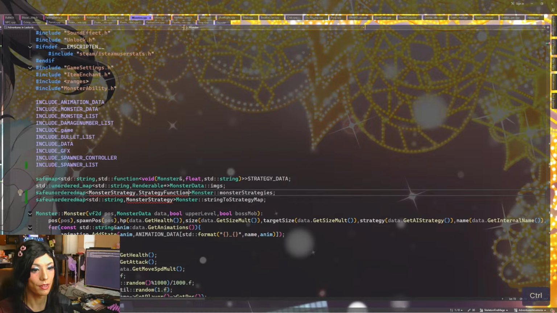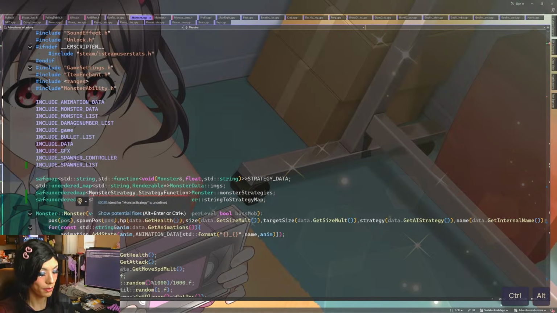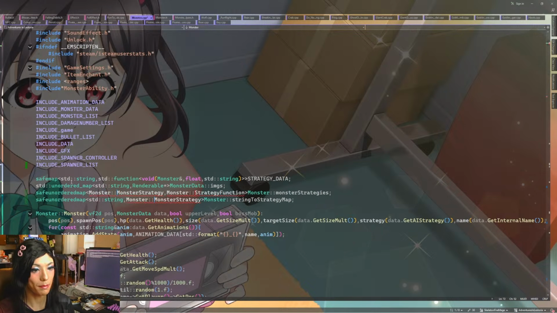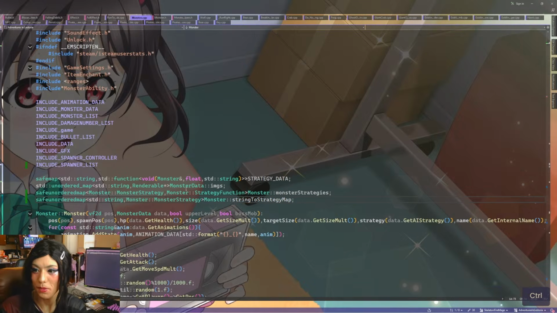So these are monster data. Colon, or not monster data, monster. And then these are not defined. How are they not defined? They should be in monster.h, which is included, should be. Oh, they're in strategy helpers, which is also included. Struct strategy function. Oh, I'm gonna have to prepend the... because they're inside the monster class, which effectively makes them like a namespace. Okay.